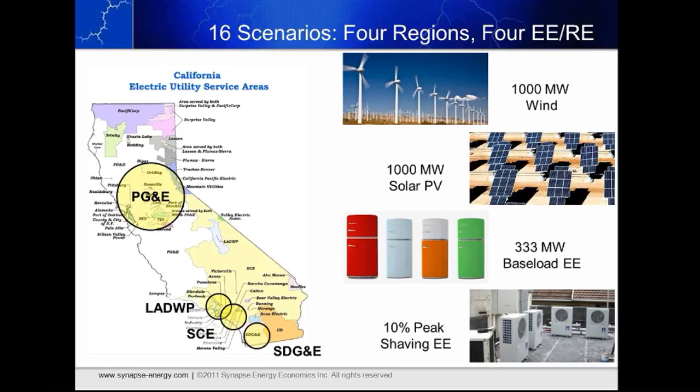And these are essentially bookend processes. Again, this is a pilot program. We're trying to choose programs that are large enough that they'll have a distinguishable characteristic within the overall grid. And we're trying to choose programs that are distinct enough in their load shapes that we can actually distinguish how they actually operate. Between those 4 programs and those 4 zones, we come up with a total of 16 potential scenarios, as well as a number of sensitivities on those.